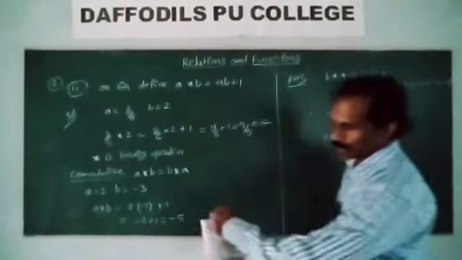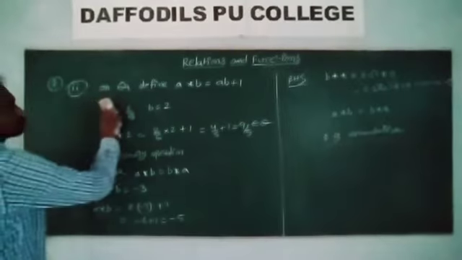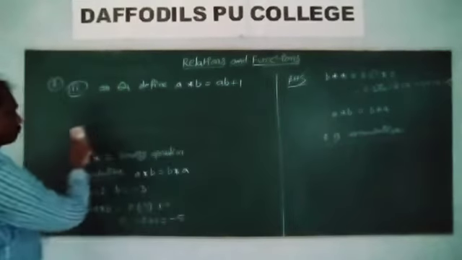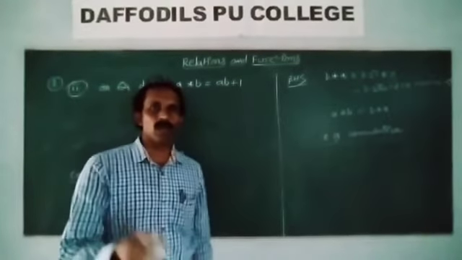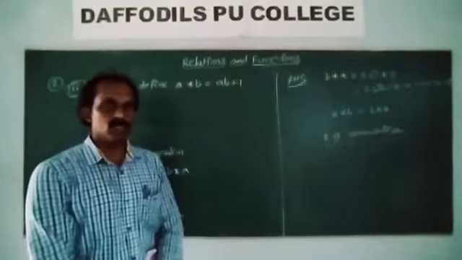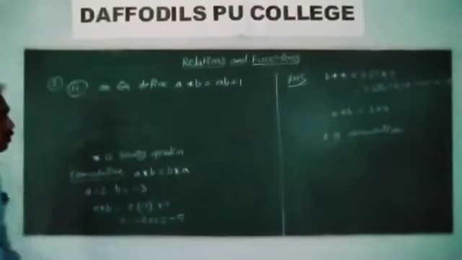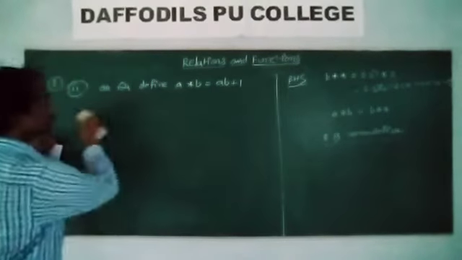Now we'll check associative. I'll erase this. So for this type of problem, sometimes they directly ask whether star is a binary operation, which is a 1 mark question, or they ask either commutative or associative for 2 marks, or both aspects for 3 marks, like that. So this example question is compulsory and will come in the board exam.